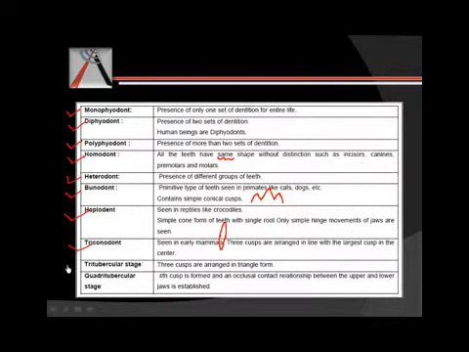Then we have the tritubercular stage, wherein there are three cusps, but these three cusps are not arranged in line. If you see from the occlusal, they are arranged in a triangle. You have one cusp, two cusps, and three cusps. Then we have the quadritubercular stage, wherein you have four cusps. So you can say, we humans again, in many of the teeth we have four cusps.